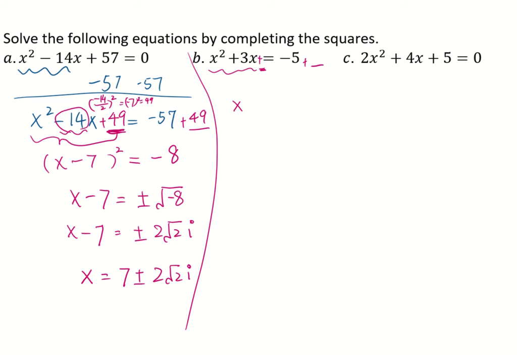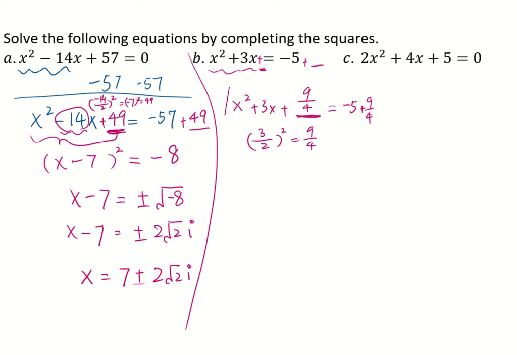Well, let me write the problem again. I want to add a number here. This number can be found by using 3 divided by 2 and squared, which is 9 over 4. So I need to add 9 over 4 on both sides of the equation